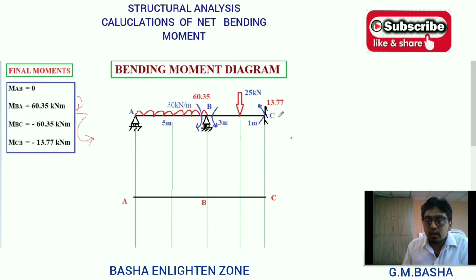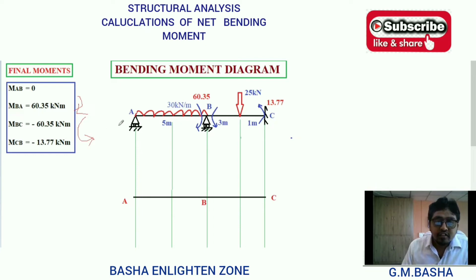So first draw the fixed bending moment diagrams. Already in the last lectures, I explained this so many times. Whenever a clockwise moment is applied on a span like this, it will move in the forward direction. Please go and watch those videos; I will give the video links in the description. You will get a clear concept of the logic by which I am drawing the bending moment diagram.